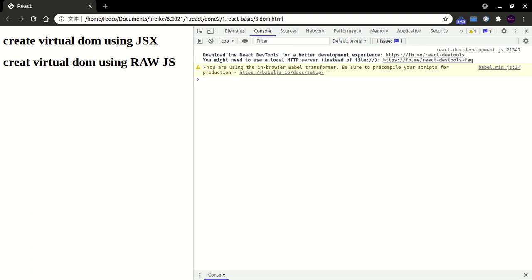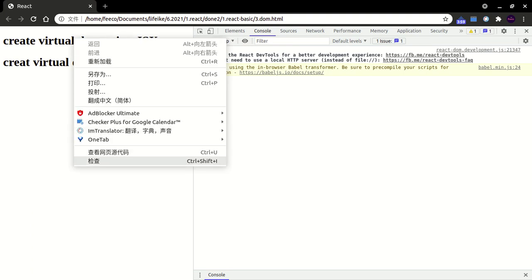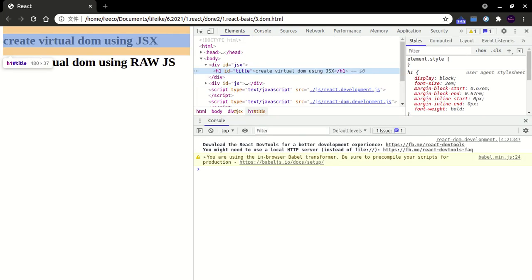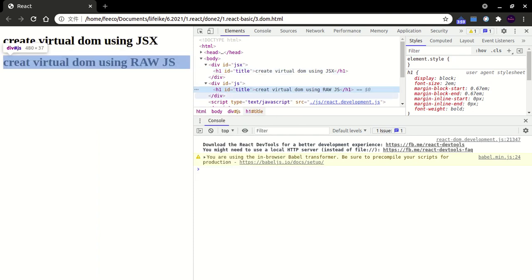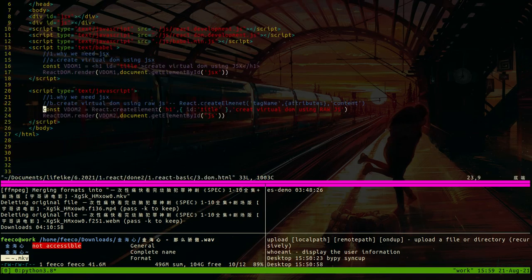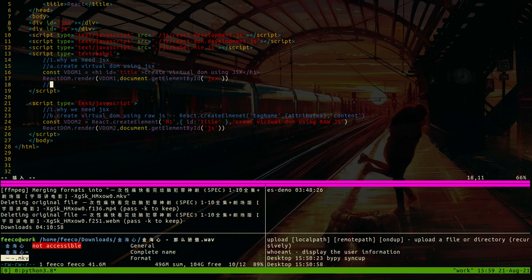So you can see h1 with ID title created as a virtual DOM using JSX, and this is h1 created as a DOM using raw JS, right? So it seems like they are both working, right? But